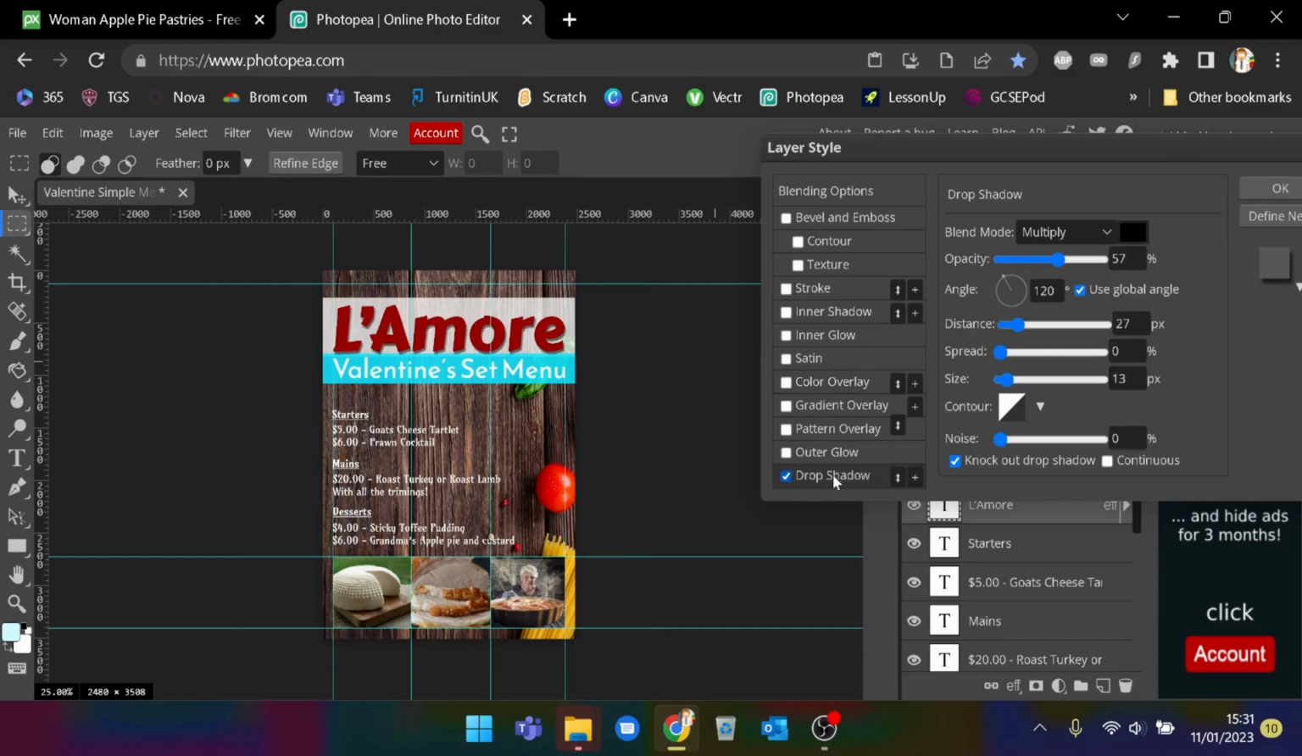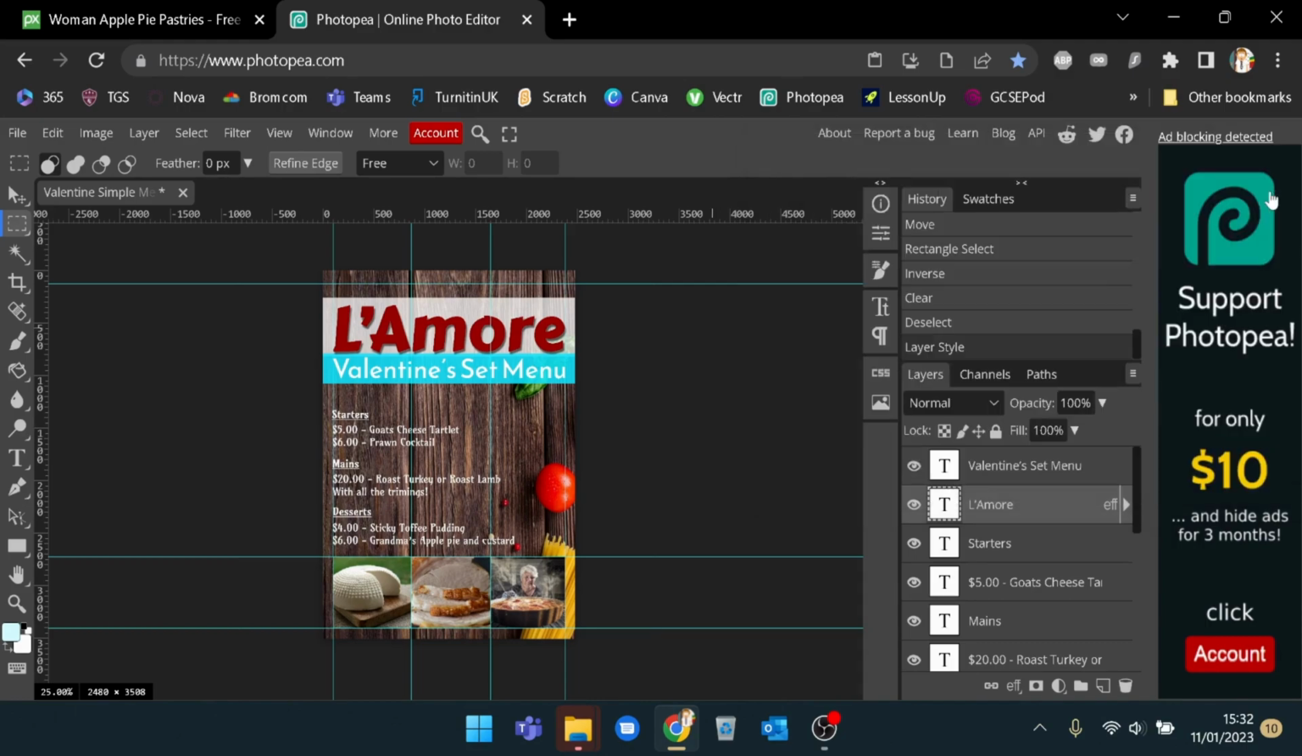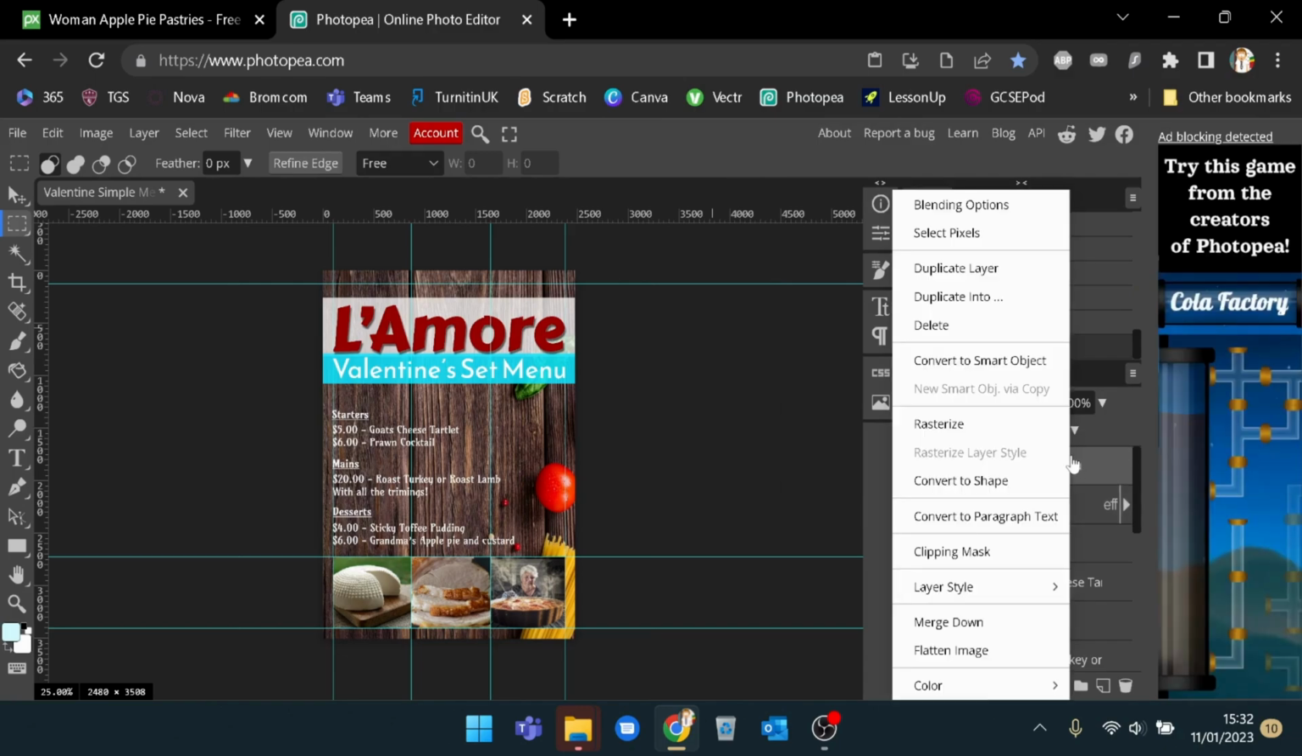So just click the word drop shadow, and you'll notice how it makes our text pop out of the menu. Okay, you can adjust it, you can adjust the size. I'm going to leave it at its default. I'm going to click OK. I'm then going to do the same for Valentine's Day set menu. So just right click on it, blending options,